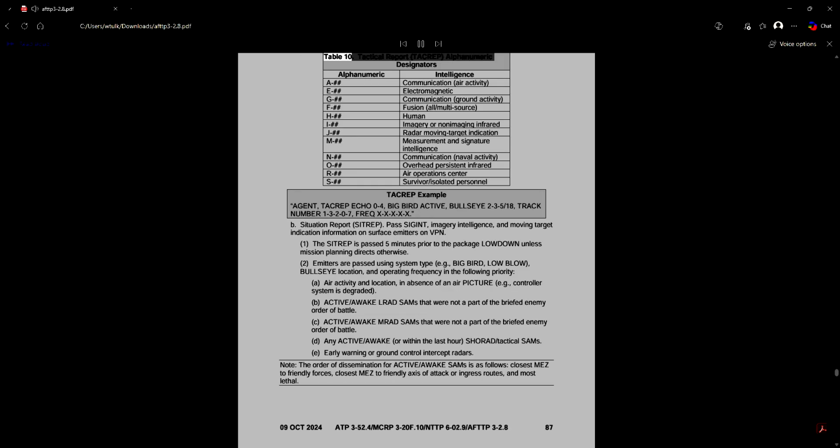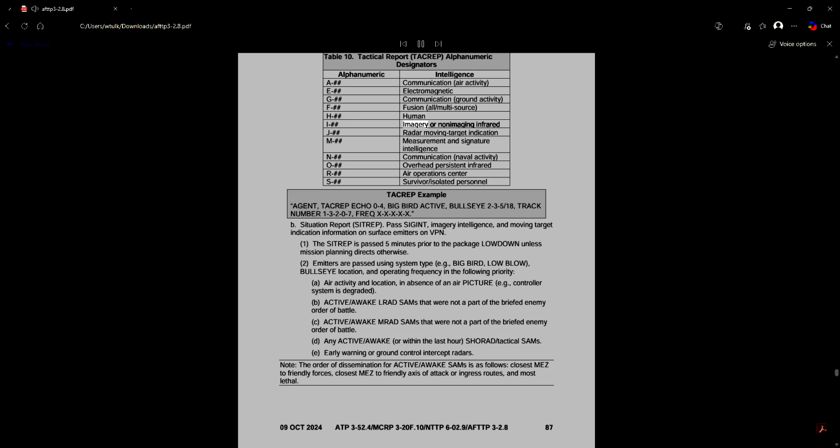Table 10. Tactical Report, TACREP, alphanumeric designators. A, hashtag intelligence. E, hashtag communication, air activity, electromagnetic. G, hashtag. F, hashtag communication, ground activity, fusion, all/multisource. H, hashtag.